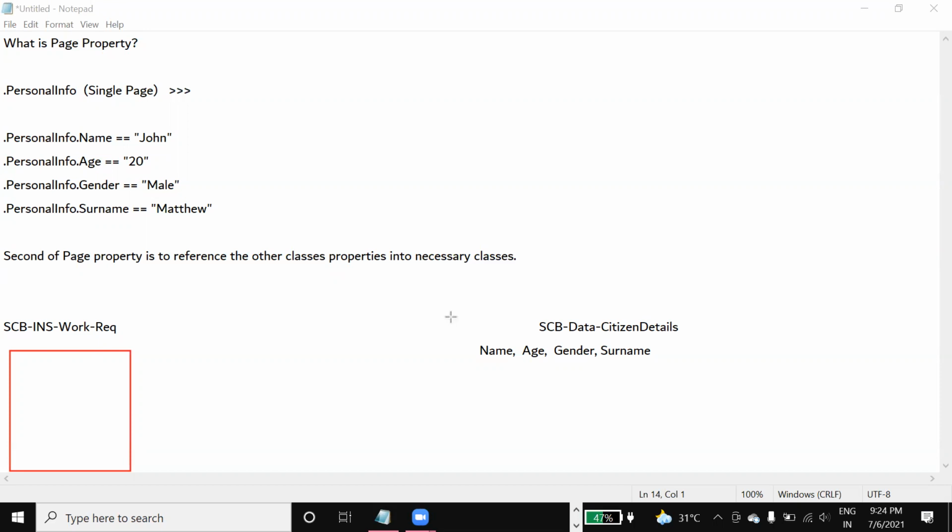I cannot inherit these properties directly and use them here. I cannot do it directly, but indirectly I can do it, that is through a mediator. So that mediator is called a single page property. Using this single page property, I can